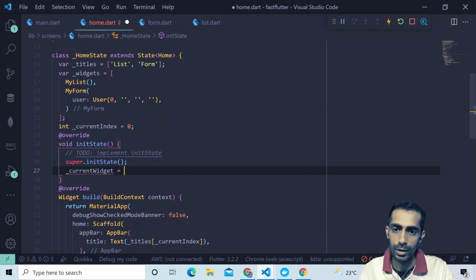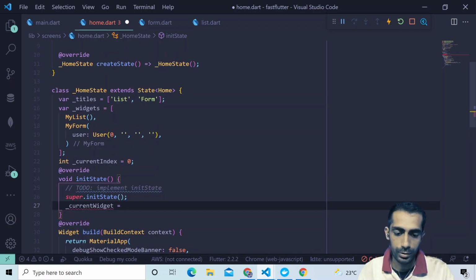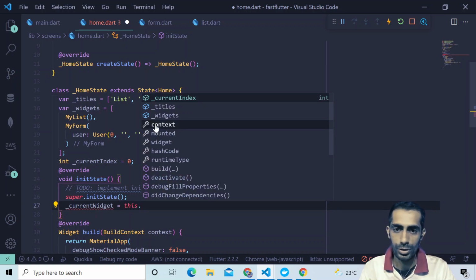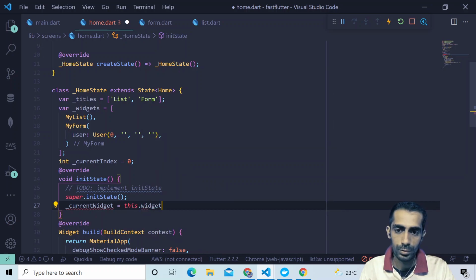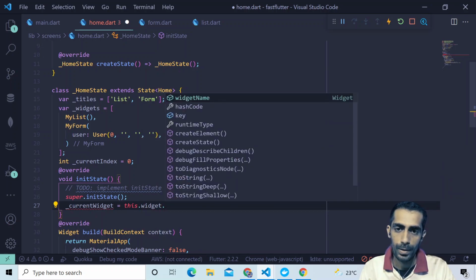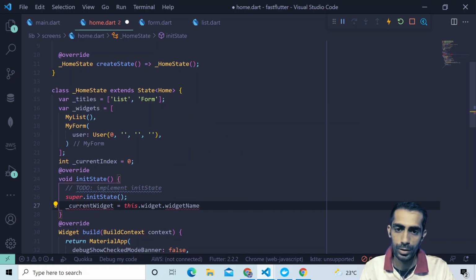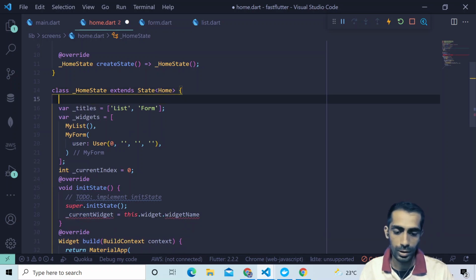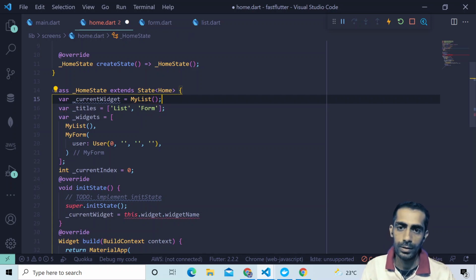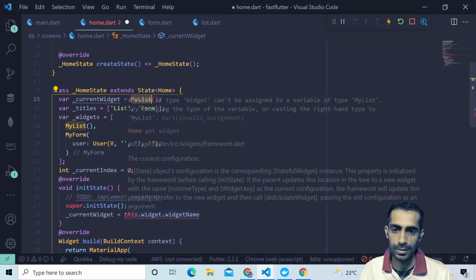Current widget will be equal to this dot widget dot widget name. Okay, that widget name will come here, and I don't have widget name yet, so I'll define this widget. Let's say this widget will be my list by default. Okay, and this list will get,